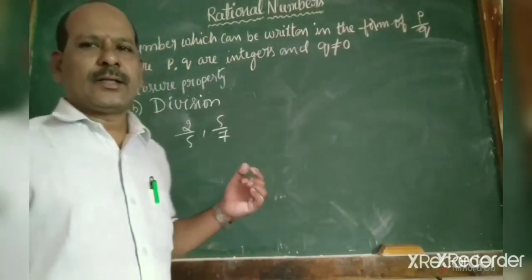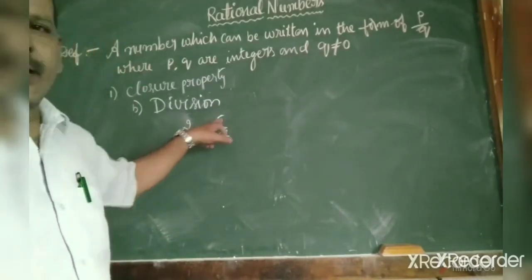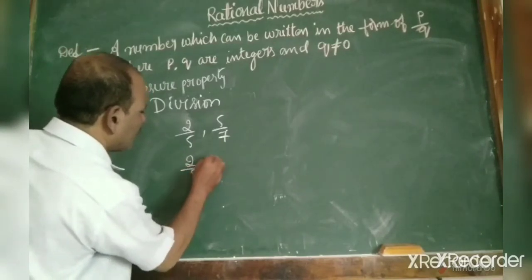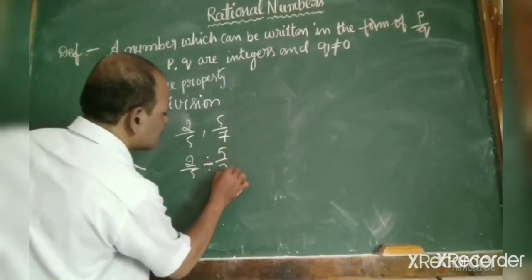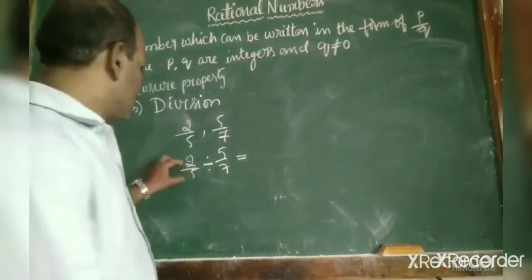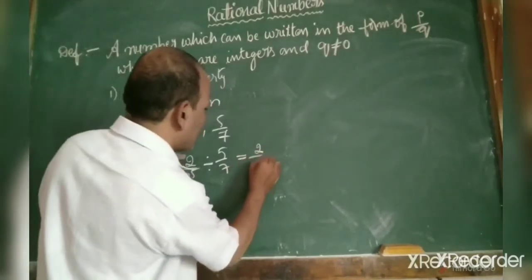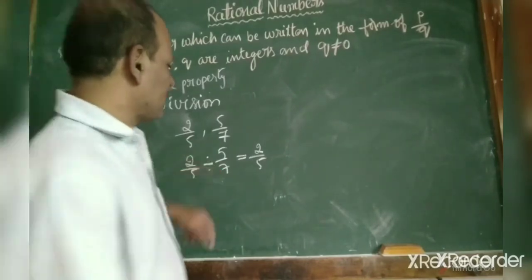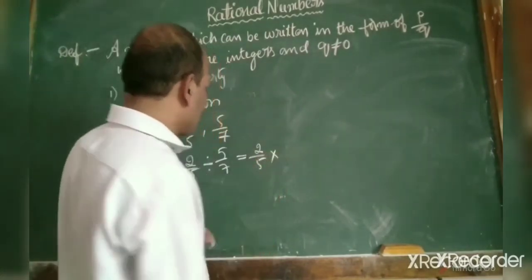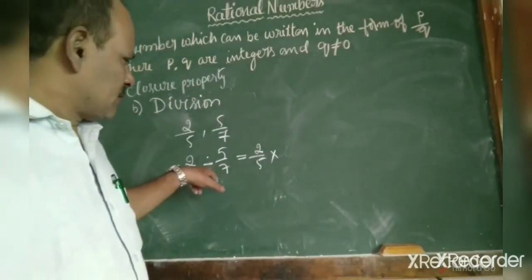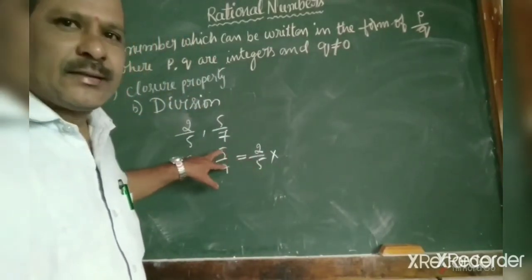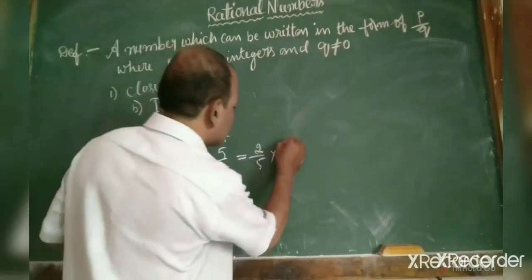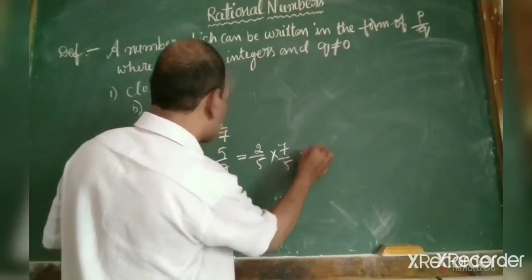I am taking two rational numbers 2 by 5 and 5 by 7. 2 by 5 divided by 5 by 7 is equal to 2 by 5. I am changing this division symbol into multiplication symbol. After changing this division symbol into multiplication, the next fraction will become reciprocal. That is, 5 by 7 will become 7 by 5, is equal to